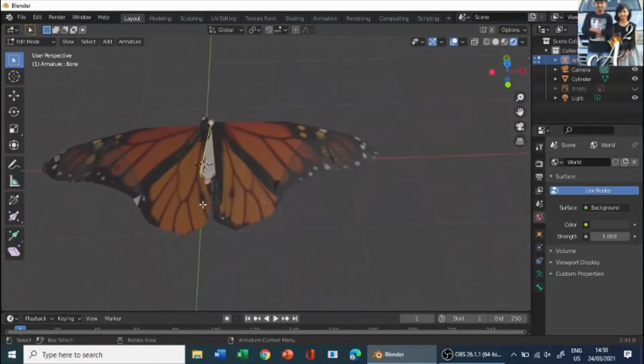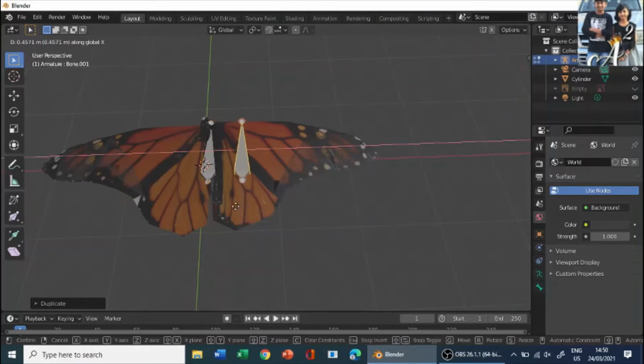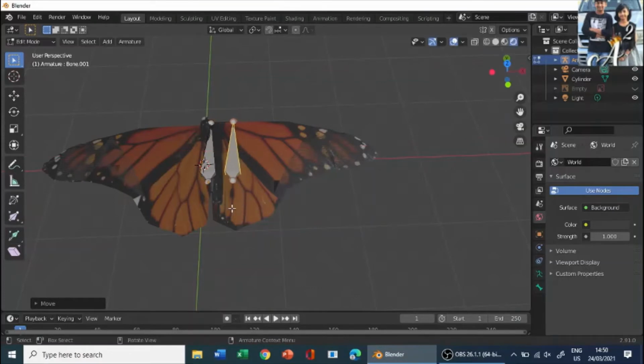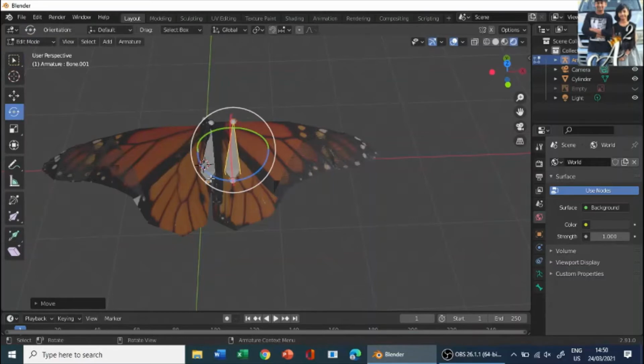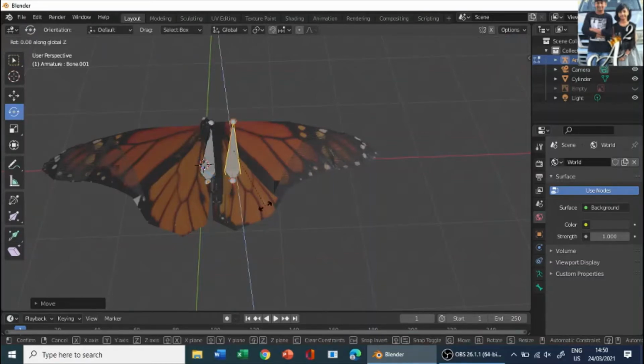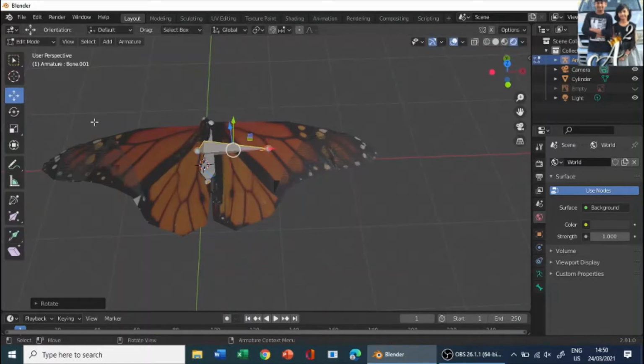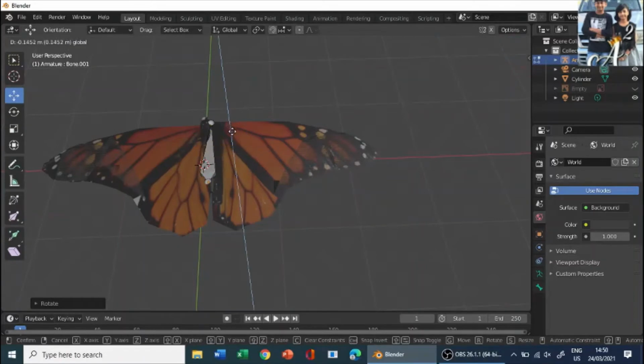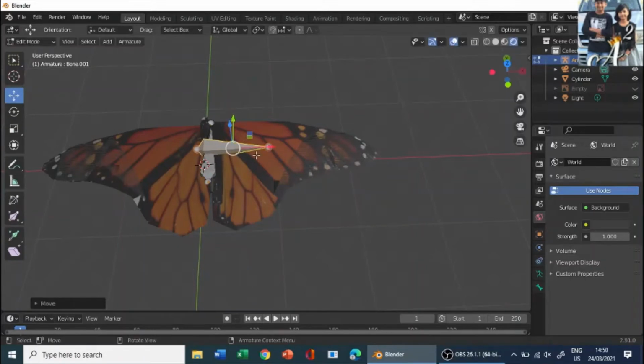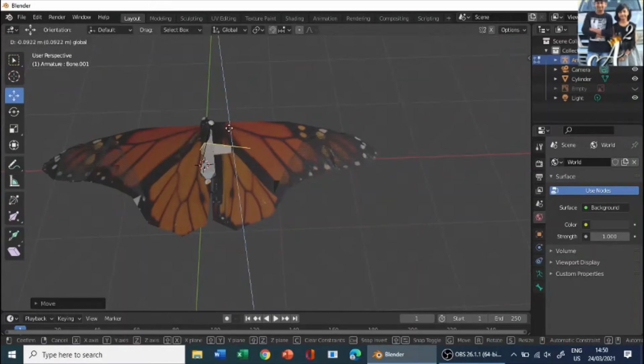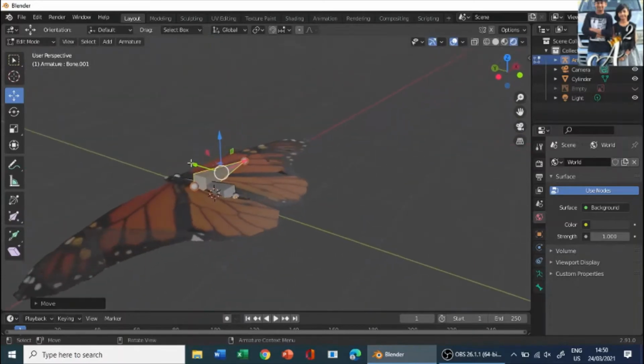Now Shift D and left click to confirm, G on the X axis, move it, and rotate it on the Z axis, R on Z 90 degrees minus, and move it back so that it joins over here. Move it wherever you need, where the wing should start spreading.